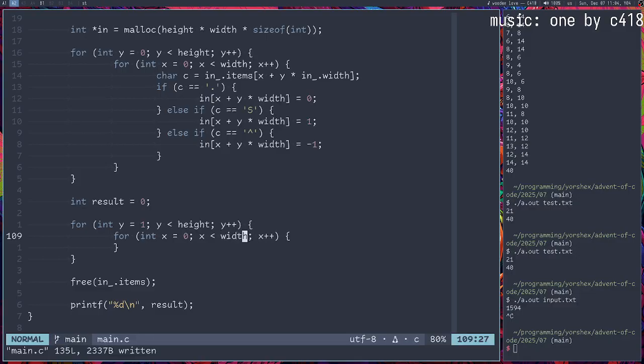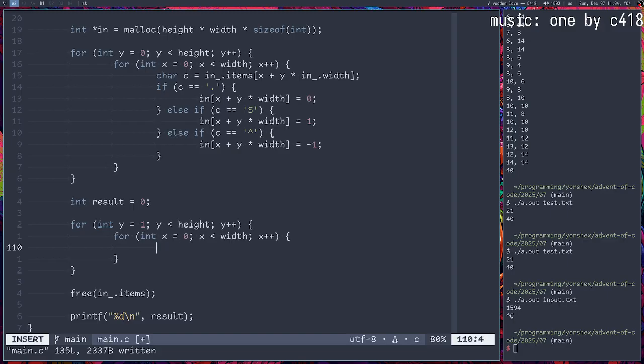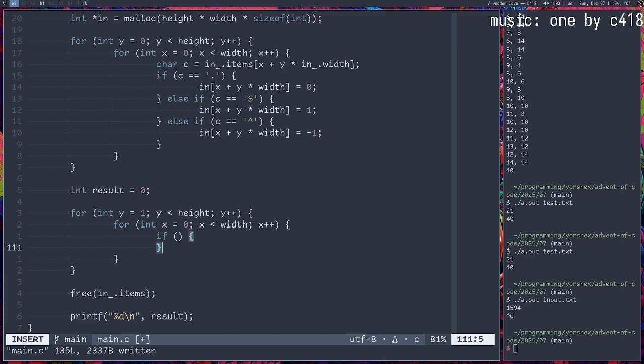So for each of these cells, if the value is less than 0, so it's like -1, we got this special value,